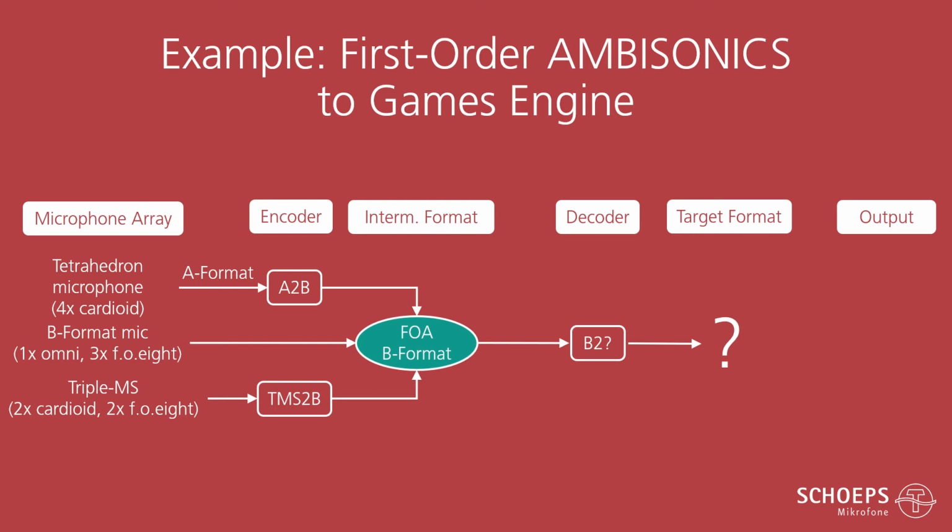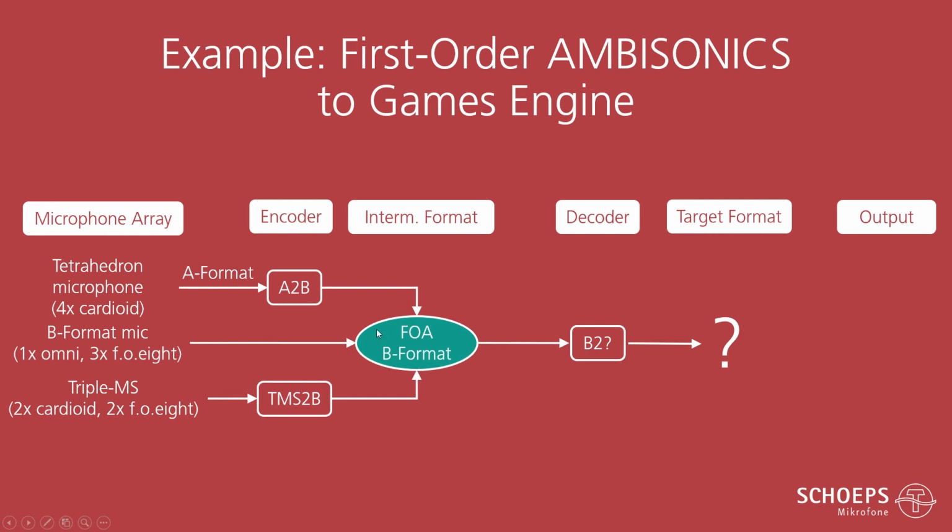And then there's also a native B format microphone array, which you could use here, which consists of 1 omni microphone and 3 figure of 8 microphones. And then there can be also a triple MS, which is almost the same as a B format microphone, but instead of an 8 and an omni microphone, it has 2 cardioids pointing to the front and the rear. So, and now with an Ambisonics encoder, you could actually get those signals, which are called A format, into